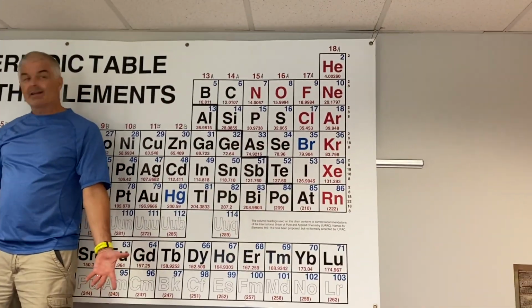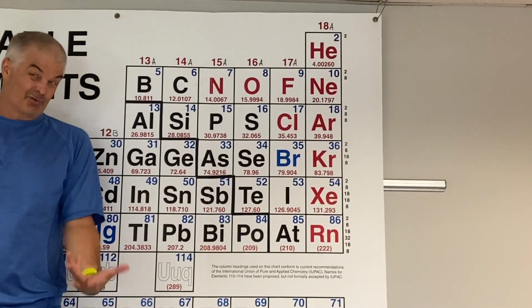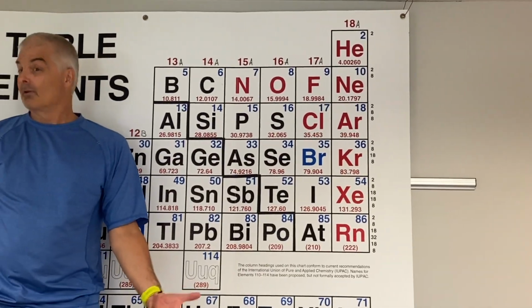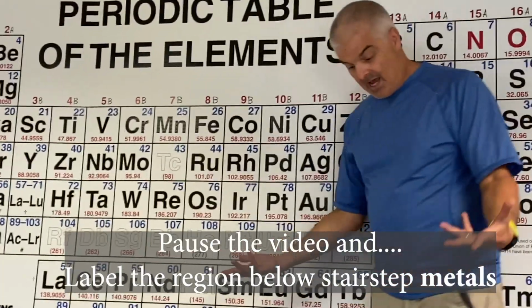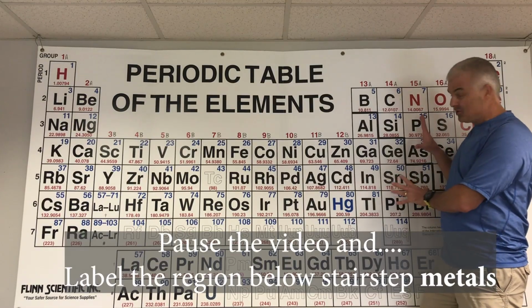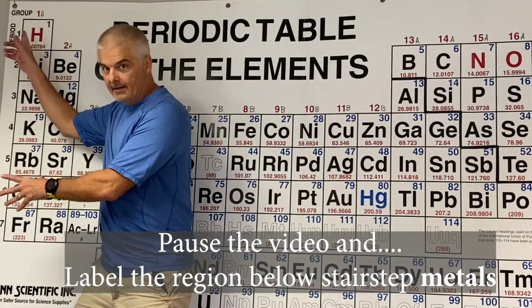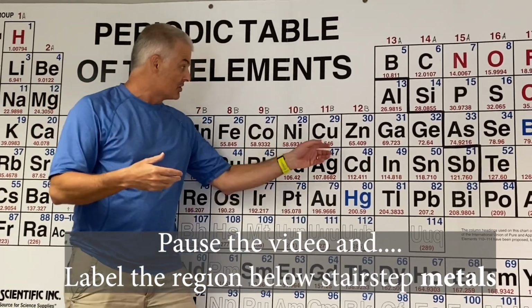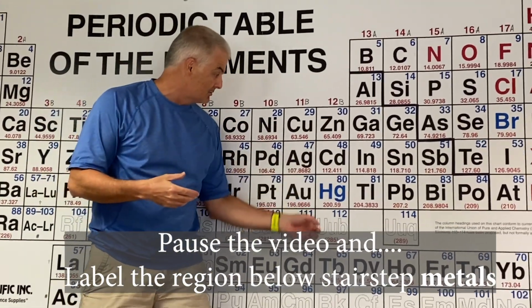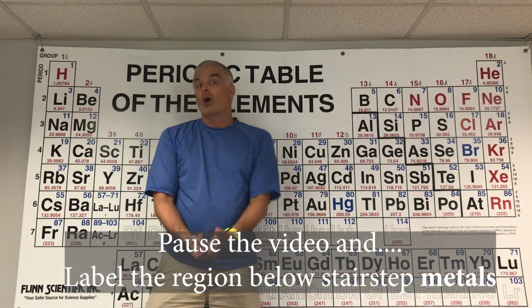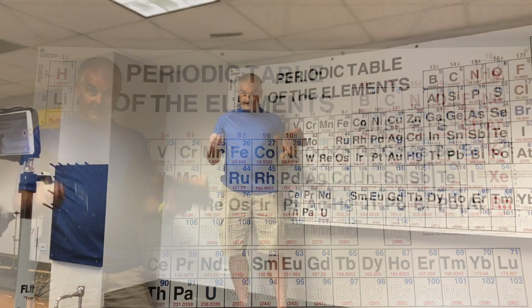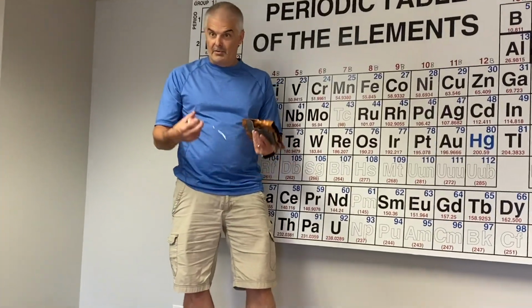Now, I said there were two categories. The other main category would be the metals. The metals are almost all of the atoms, all of these guys all the way here, again, not including hydrogen. Copper, zinc, nickel, gold, mercury. Those are the metals.